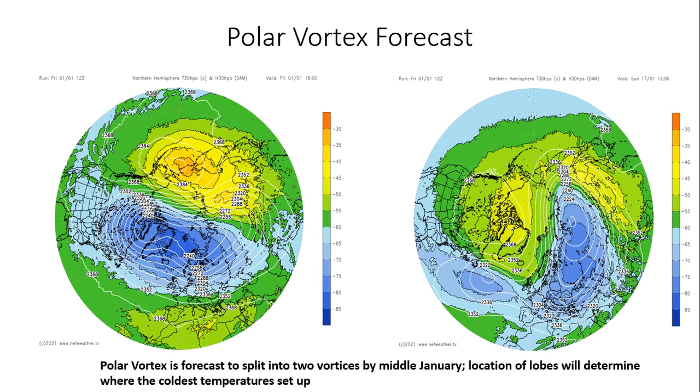So that's a significant warming, is what I'm getting at. The yellow shading represents warmer temperatures. Now, this is the GFS model for the polar vortex. I've been looking at the European, the global ensemble forecasting system, the GEFS. I've looked at the Canadian, European. All of them are indicating that there's going to be a stratospheric warming event. And these occasionally occur in the wintertime, and what they do is they weaken the polar vortex. Sometimes the polar vortex is weakened so significantly that you get what's known as a split